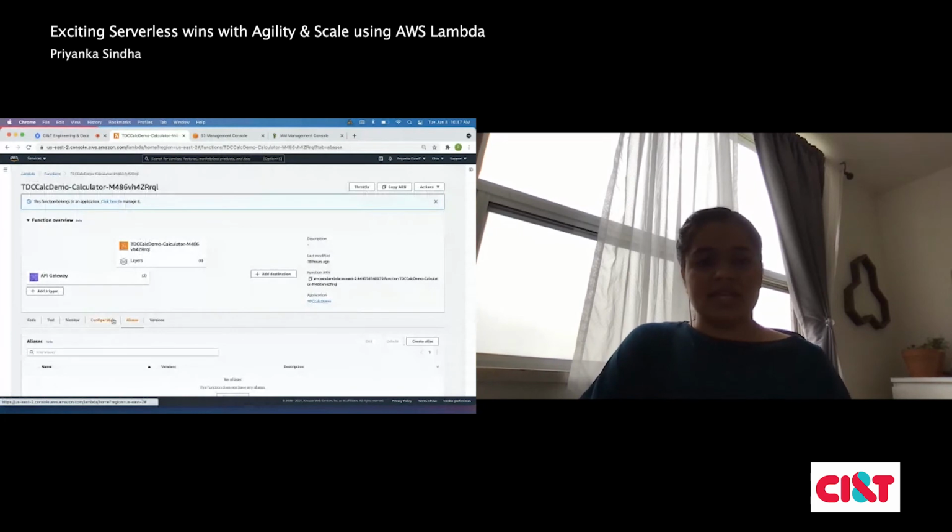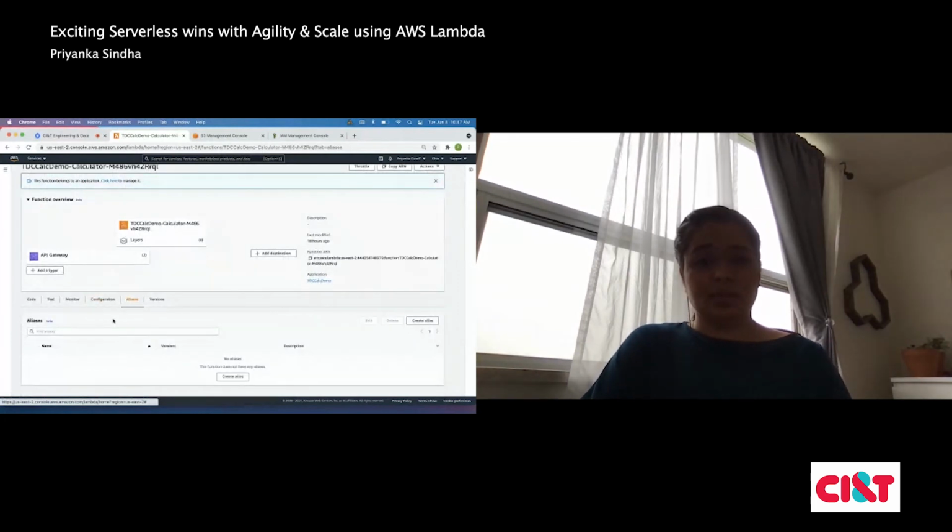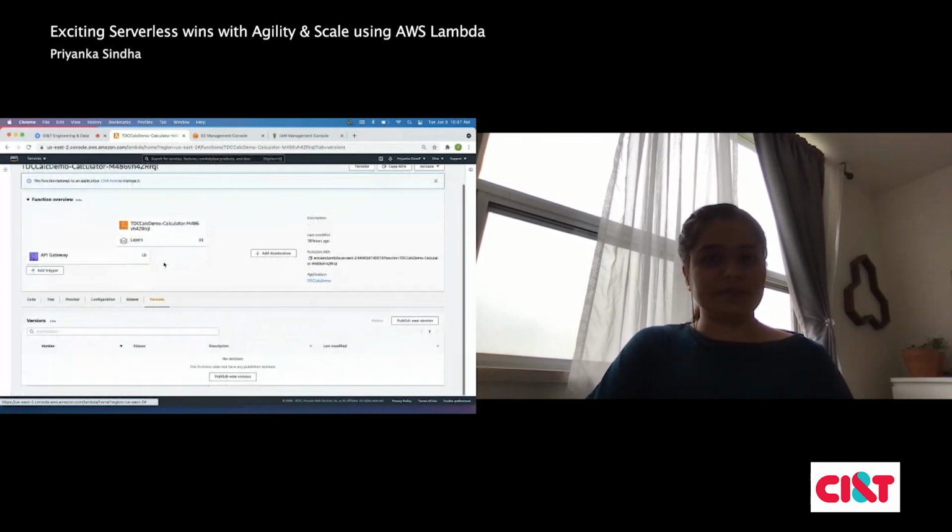Aliases: if you have any aliases for your function, like using this function with a different name, you can provide it here, and you can use the same name when integrating with all the other versions. Then versioning: it's not available by default, but you can enable versioning on your code, and when you publish new versions, it follows that pattern, and you have a versioned AWS function code.